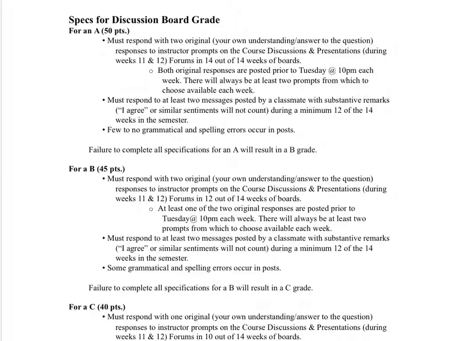If you have any questions about it, if you've got the questions, probably somebody else does as well. So go ahead and put it in the FAQ, and I will answer all those questions there so that everybody can see those responses. Again, these are the specifications for an A. If you are interested in working towards that, you will have to put up 2 original posts each week, and then you will also need to make sure that you are responding by Tuesday of that week.